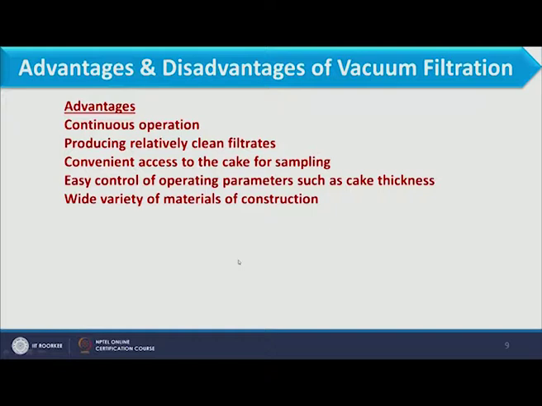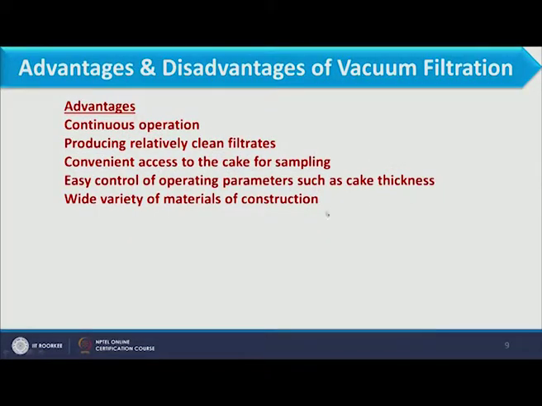So what are the advantages and disadvantages of vacuum filtration? Advantages are, it is a continuous operation because continuous removal of cake can be observed, which is not possible for non-vacuum processes. Second advantage is producing relatively clean filtrate,